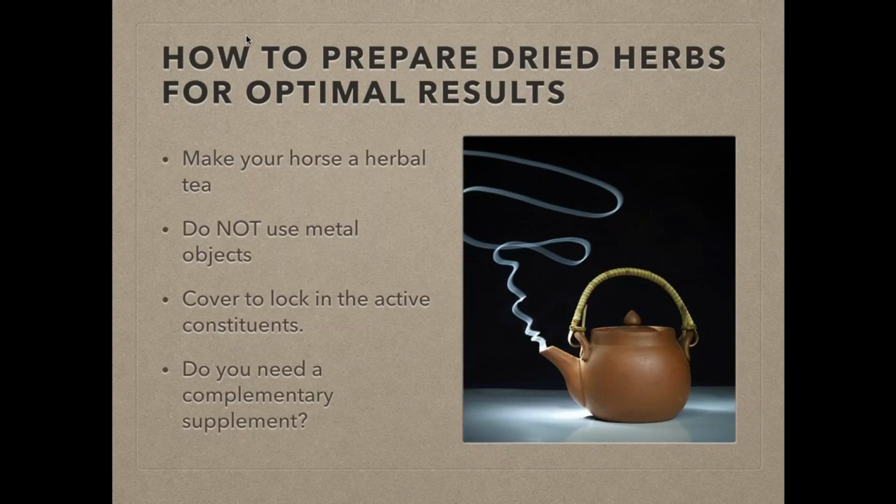So that would be the only difference, but 90% of the time you're using boiling water, same as a cup of tea. Once you've added the water, place a lid over the top and brew it for 5 to 10 minutes. The reason you're putting a lid on the top is because, particularly if we're talking about a hot preparation, you lose some of the active constituents in the steam. So you're wanting to keep all of that steam in